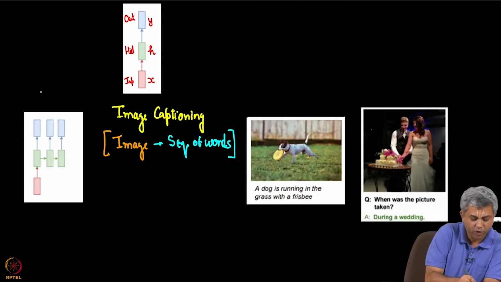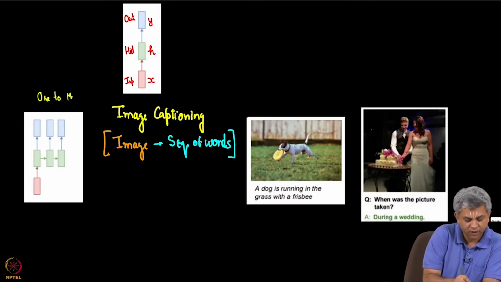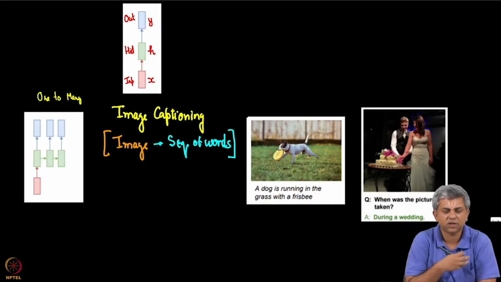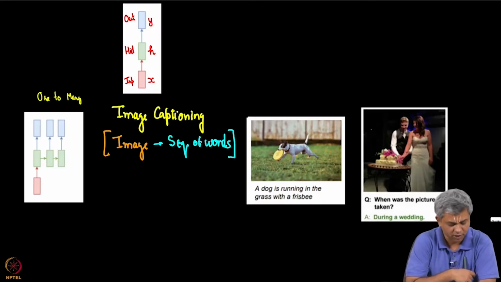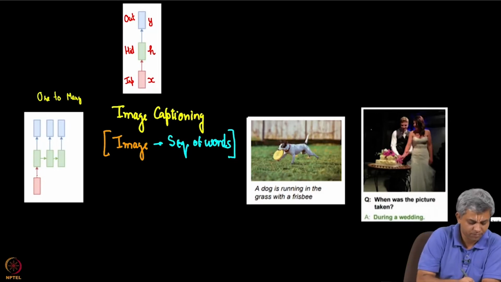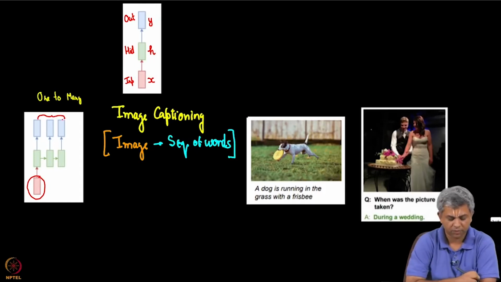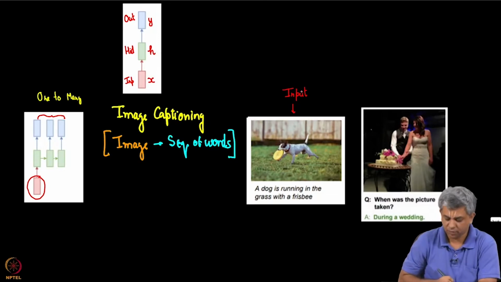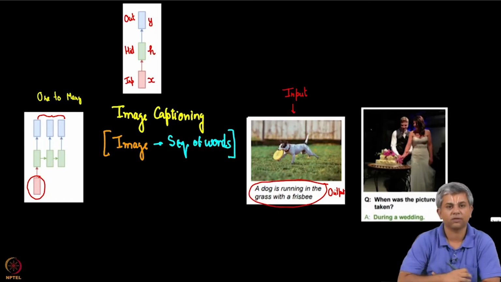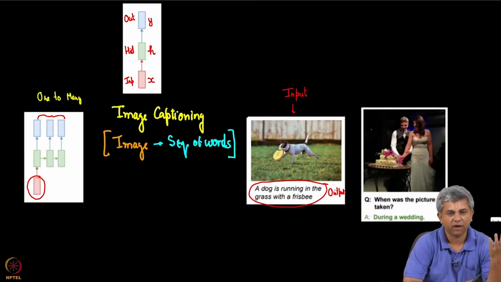So, this one is a one to many classification, and this is where RNNs start differing from ANNs and CNNs. So, what is happening here? You have a single input and you have got a bunch of outputs. Now, what is that like? This is as if you have a single image which is the input to your problem, and the output here is a bunch of words. Now, how does this magic happen? Again, we will see a little bit of it in the next few videos, but the basic idea is very simple. As usual, it is just a mapping.